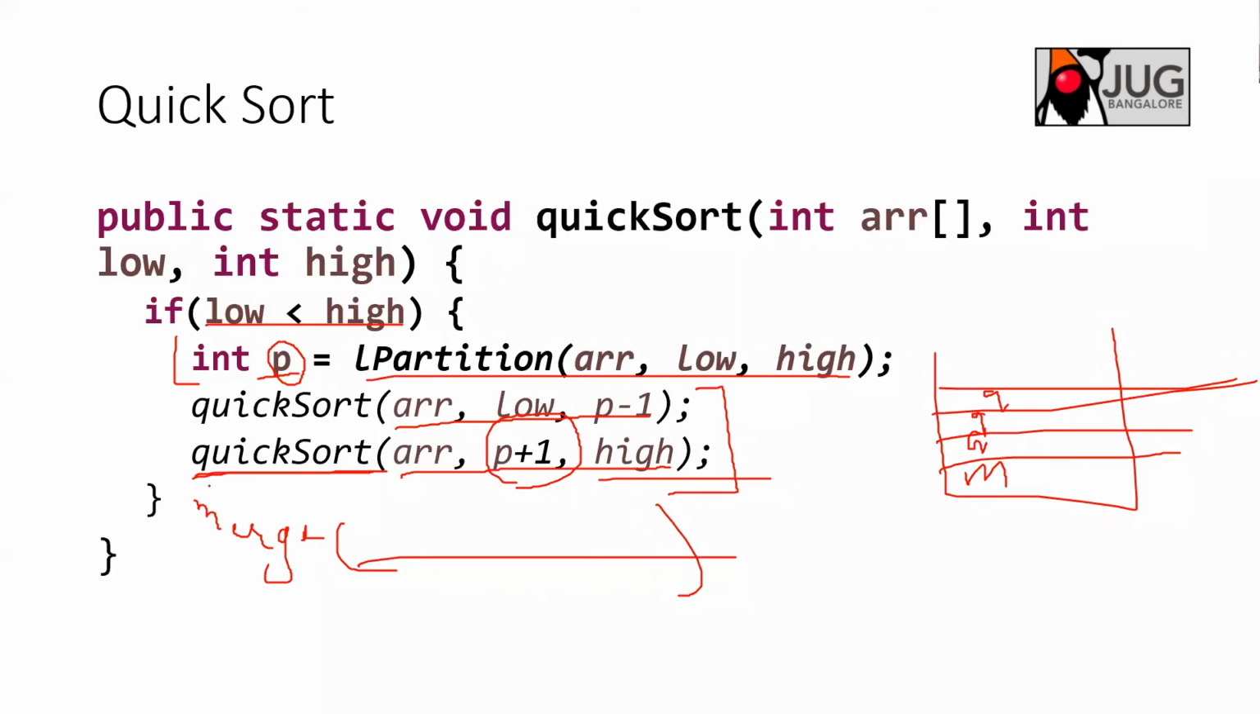So for example, what are you doing here? You are placing the pivot, so low becomes pivot plus 1, and high you are still keeping the same. In this case, high is p minus 1, low is the same. So what you can do is have a loop here,